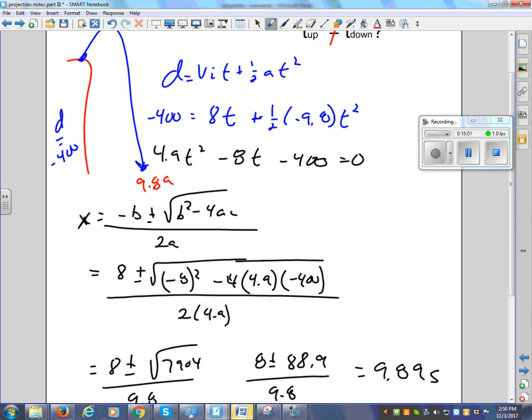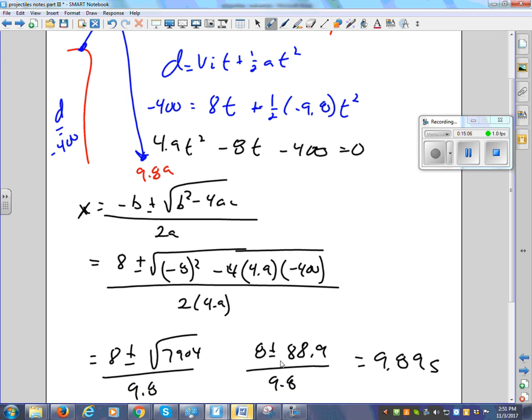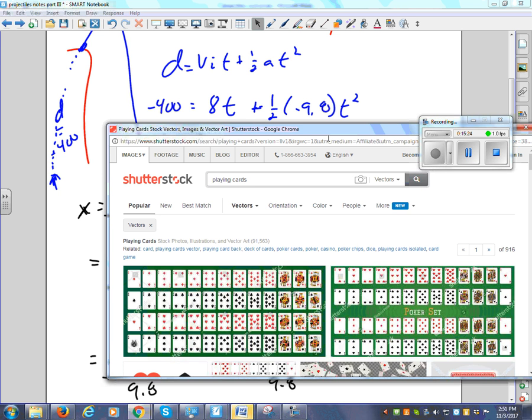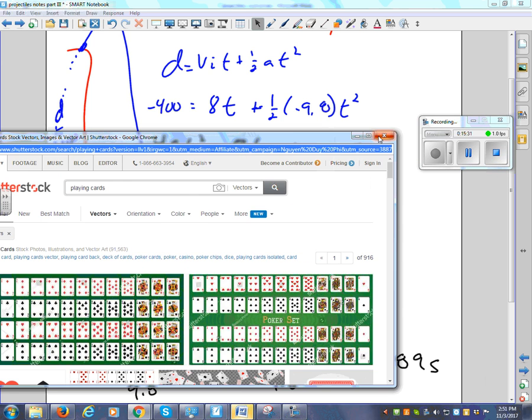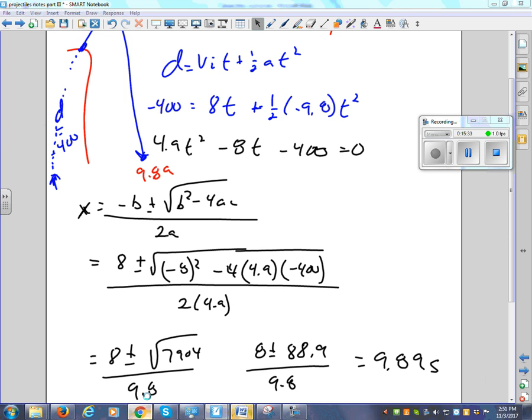Now, minus 88, is that not like 80? 8 minus 88.9, right? If you continue this, it's going to be a negative time, which doesn't exist in physics. That takes so much more time. Now, if you've got some sort of feature like this,